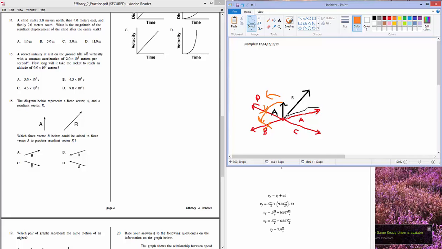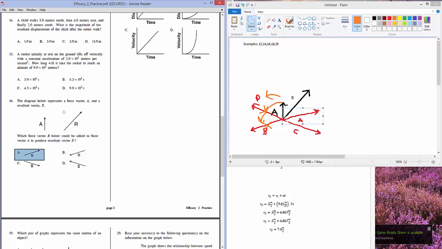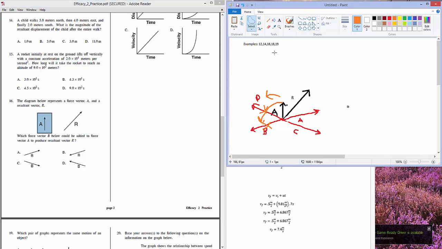I'm just going to cut it out of its current spot and place it up here. It's not perfect, but it's the closest one to actually completing the vector. So in this case, the one we want to choose would be choice A. Choice A is the one that, if I combine it with vector A, will give me choice R. Okay, 16 up to